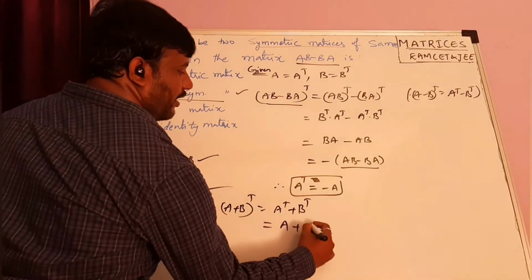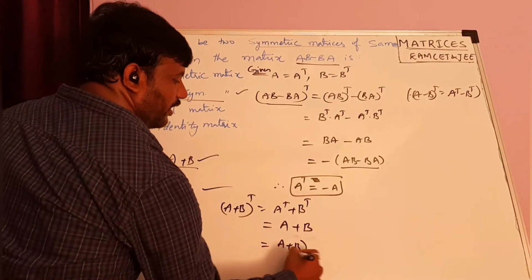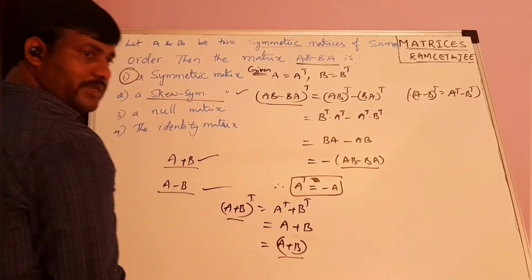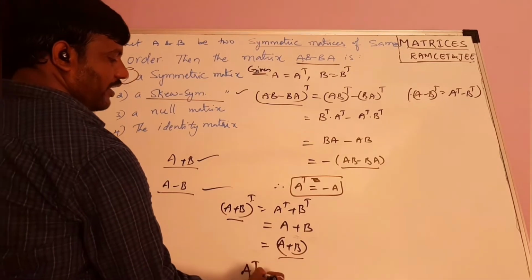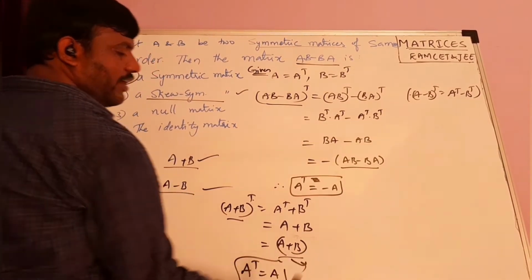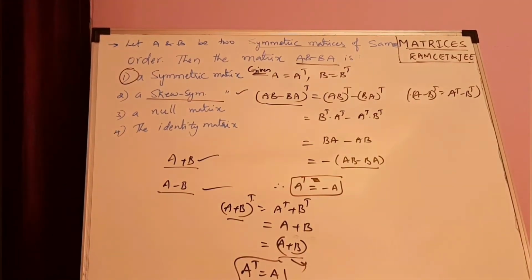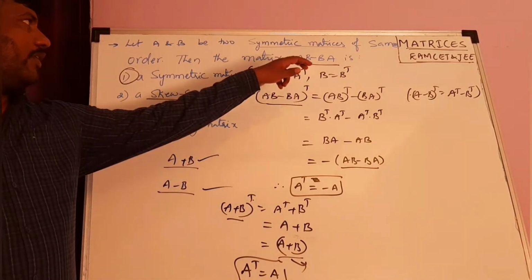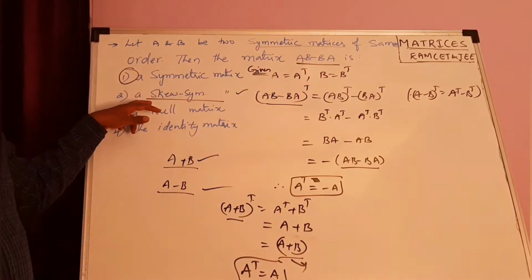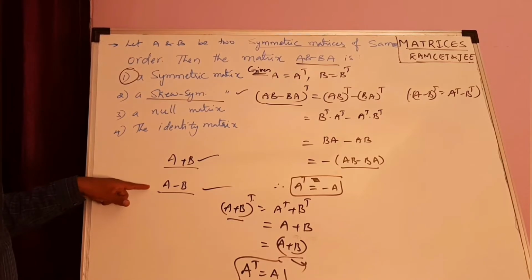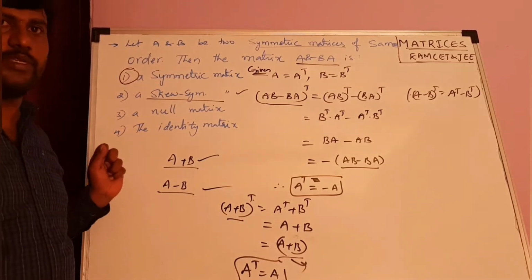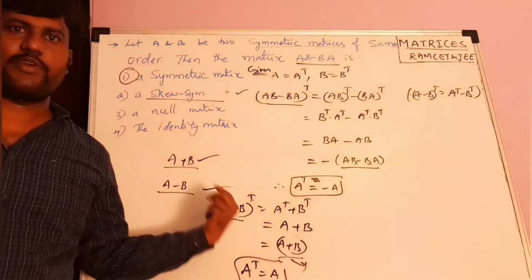A transpose is nothing but A plus B. So A plus B you get. So this transpose again you get A plus B now. Therefore, when the definition of A transpose is A, then you can say that it is symmetric. So remember this. Directly you can answer whenever you have AB minus BA, that is only skew symmetric. Otherwise, A plus B, A minus B, they are symmetric matrices always. Okay, friends, just note down. Very important for this.